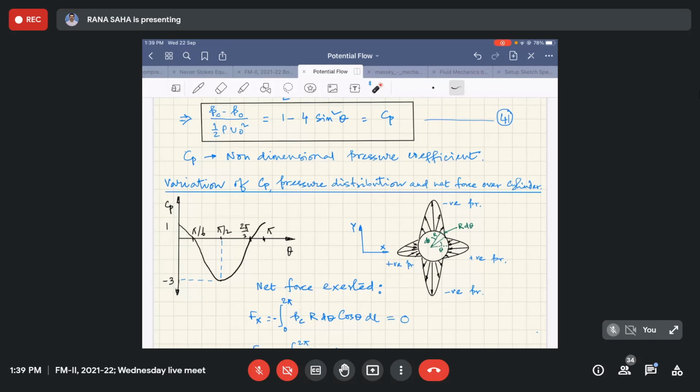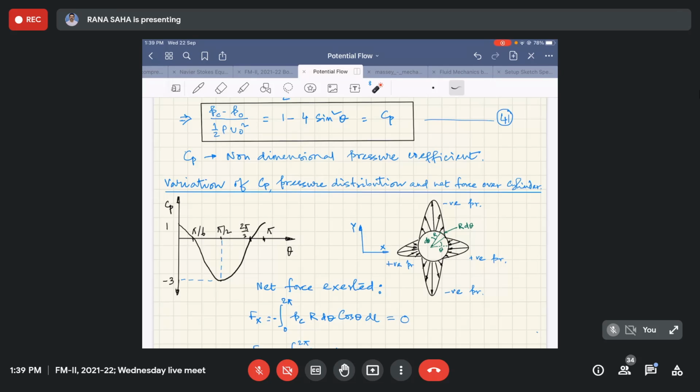If you look into that, that is basically the difference between the pressure on the cylinder and the pressure at infinity, that means far away from the cylinder where you have the pressure P naught. So Pc minus P naught over half rho U naught square. Half rho U naught square is also another known term to us, that is basically the dynamic pressure, isn't it? So this ratio is basically what we have defined as Cp, and that gives you a form which can be plotted